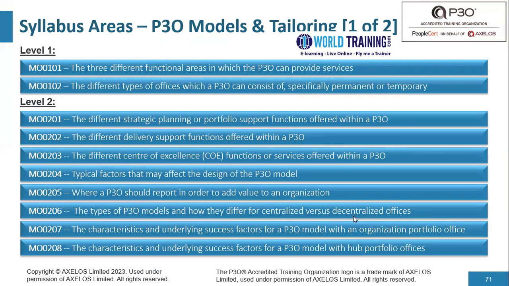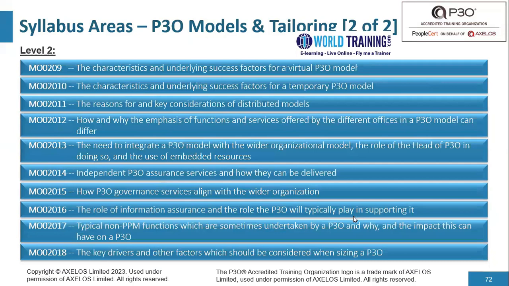A few more syllabus areas that we would cover as a part of level 2. We would examine the characteristics and underlying success factors for a virtual PMO model, for a temporary P3O model, and we would also look into the reasons for and key considerations of distributed models. Oftentimes you see PMOs in different locations, for example, different geographical locations or in different business units. So what's the reasoning and what are the key considerations we got to keep in mind when we think about